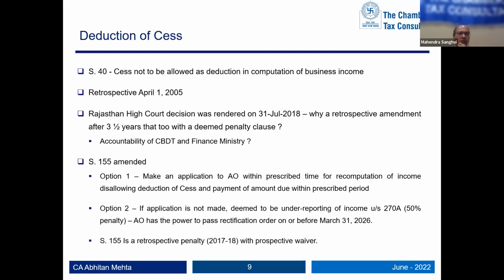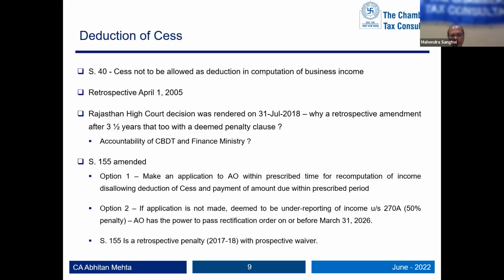Now coming to the two most controversial amendments, or two having far-reaching impact: one is deduction on education cess, and then we'll come to the Section 37 explanation on expenses incurred in relation to which are prohibited by law. So to give a background, generally whatever income tax one pays is never considered as an expense. In a computation of income, you start with either profit before tax or you start with profit after tax and add back the income tax provision, whatever is there in your books.